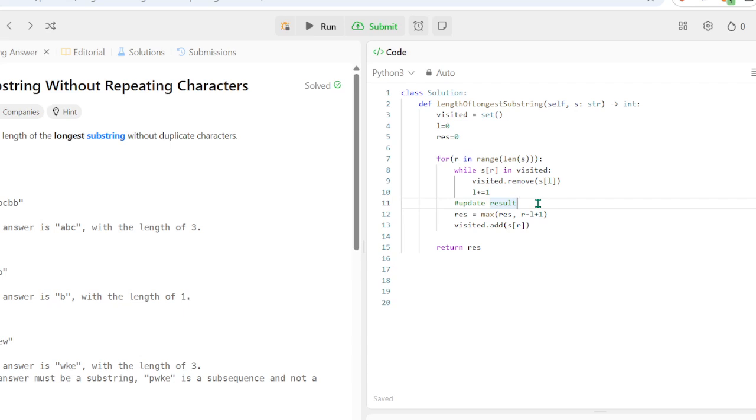Does that make sense? We add it at the end of the iteration. Let me just trace through this and make sure.